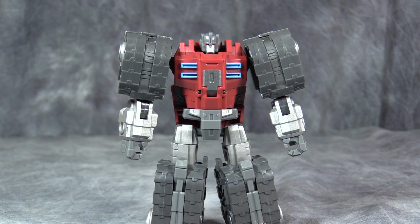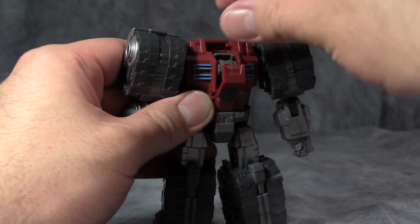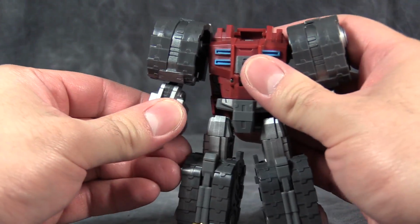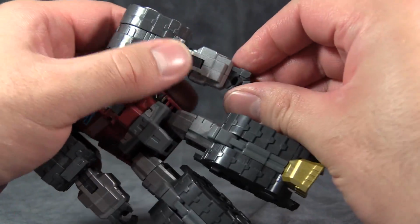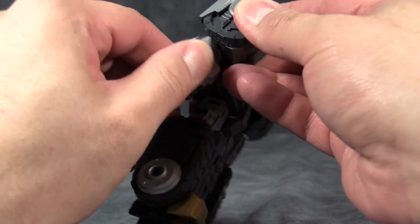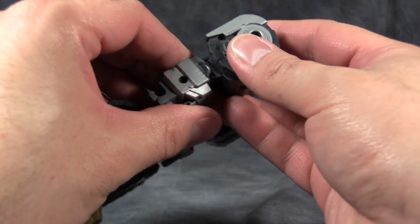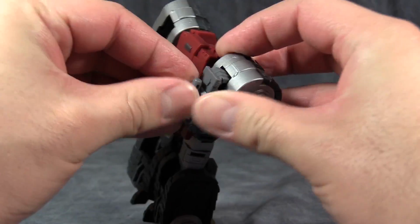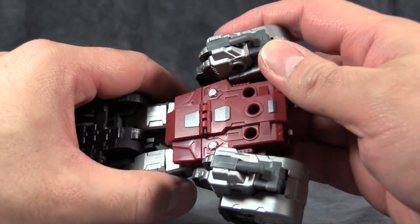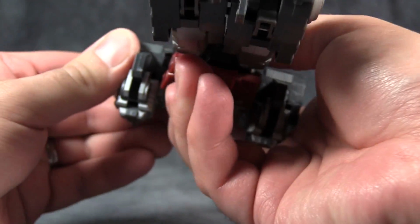Siegehammer's transformation is a little bit more complex than the predecessor bot we looked at. First open the chest and fold the head in, and be really careful when you do this, because it gets stuck easy. Then putting the arms straight down, turn the fists so that the inside of the hands is pointing forward. Turn the entire arms 180 degrees so the top of the forearms is pointing towards the front of the figure. And then fold the forearms up along the back of the rear of the arm and just snap them into place. And then take the arms and fold them up and get them lined up with the rest